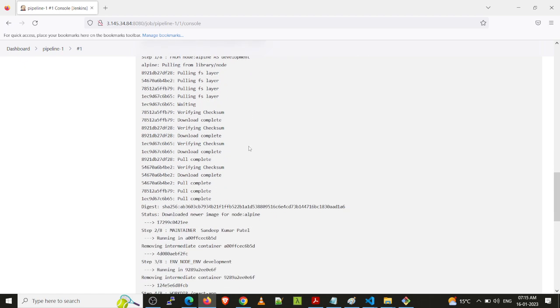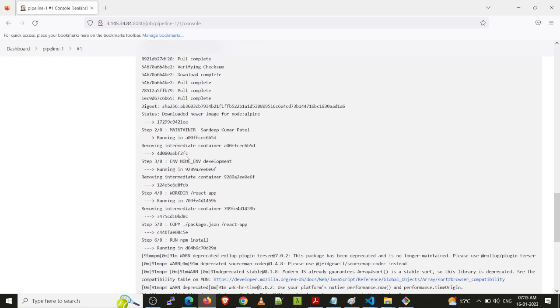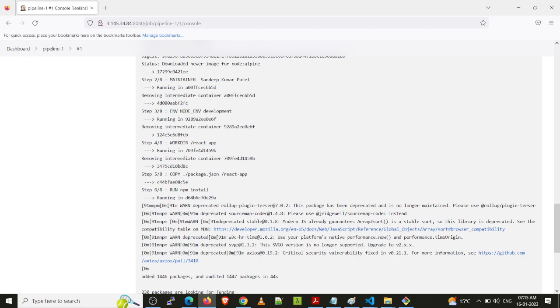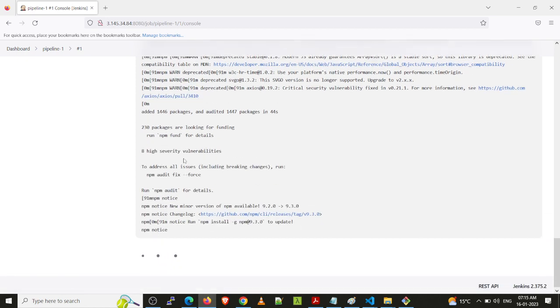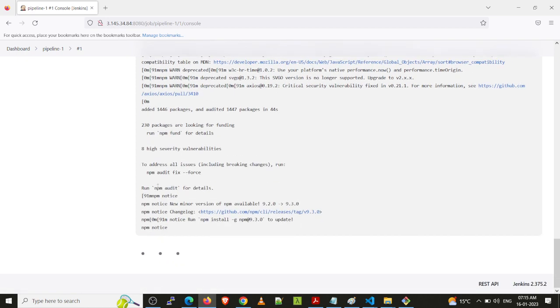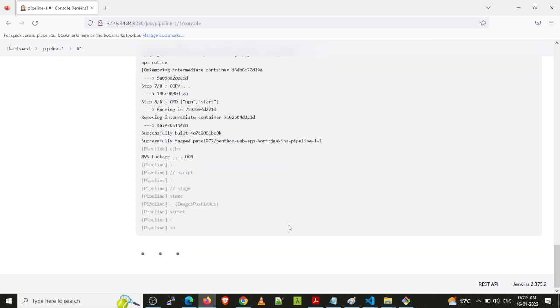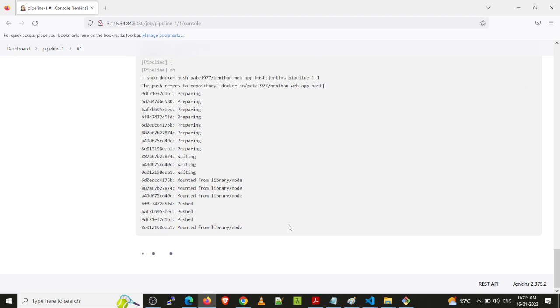So this task is created. See, all the steps are one by one. The Docker image starts layering as the layers are created. See, all the steps are running, and the npm package installation is starting. It's taking some time, so we have to wait.